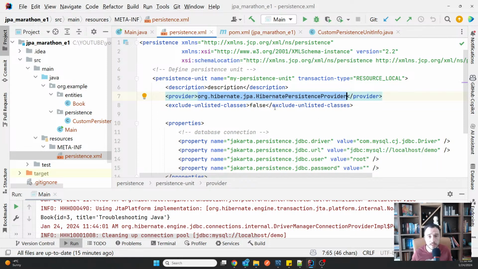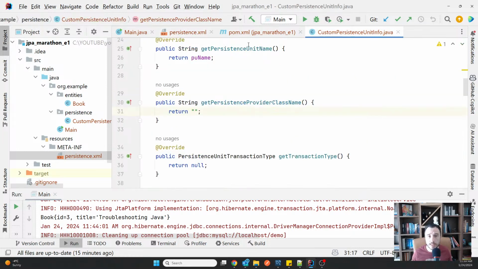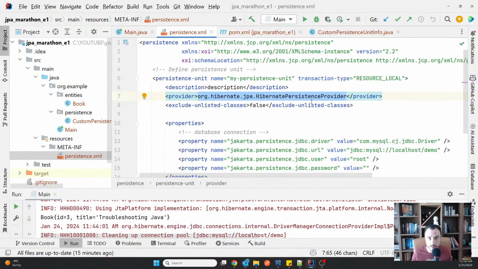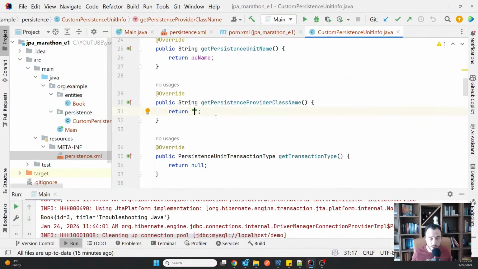So the same is here. You cannot simply use JPA without its implementation, because JPA in the end is just a specification. It needs the implementation, and the implementation comes with the provider, which you can imagine as being the main class, the class you start by loading the implementation, which is this one for Hibernate, and that's why it appears in the persistence XML file, and that's why we also have to provide it here.